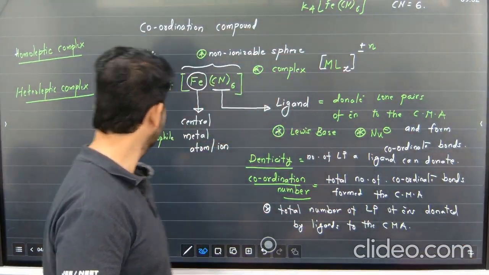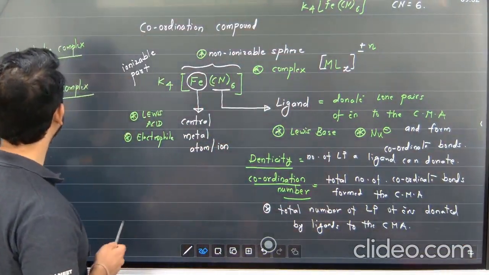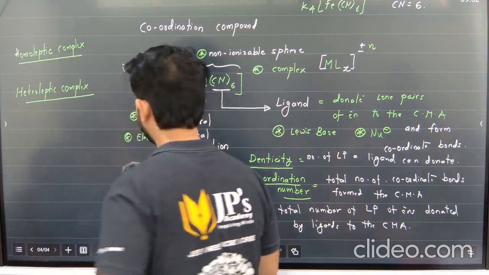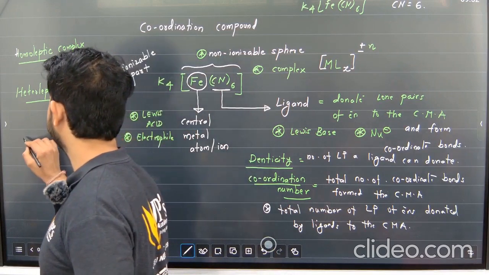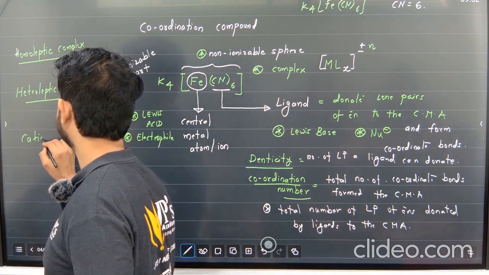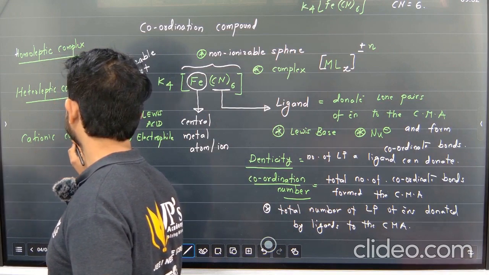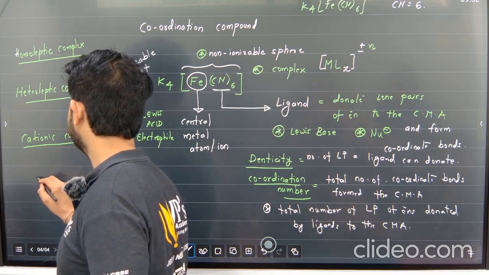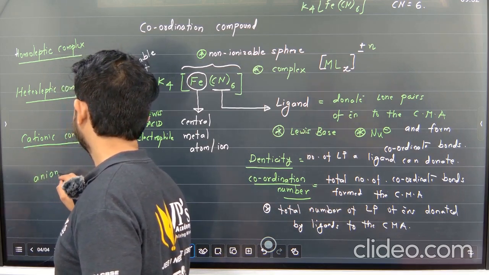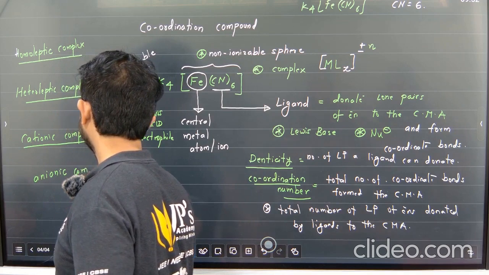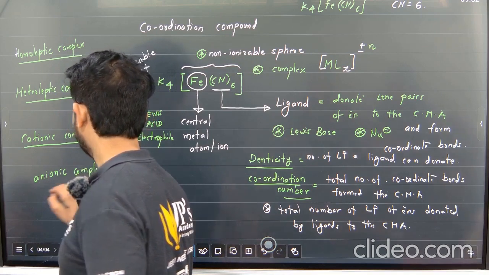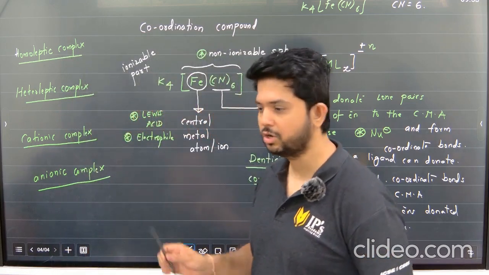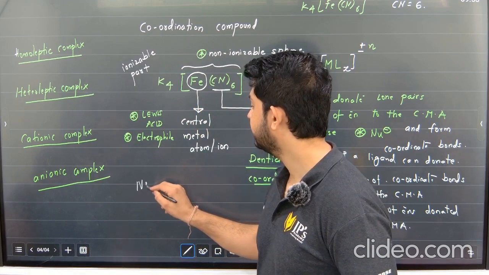Okay, let's continue. So we have homoleptic complexes and heteroleptic complexes. Then if a complex carries positive charge, we'll call it a cationic complex, and if the complex carries negative charge, we'll call it anionic. But a complex can also carry no charge, and such a complex is called neutral. We did this in